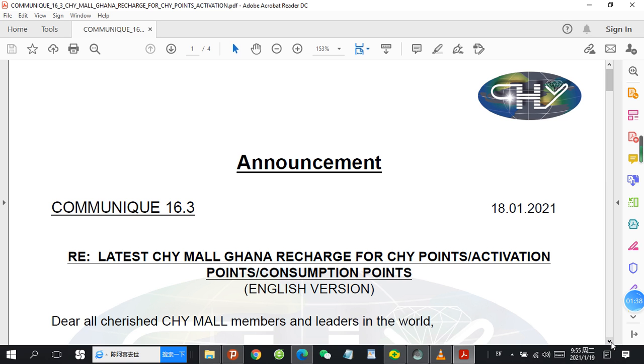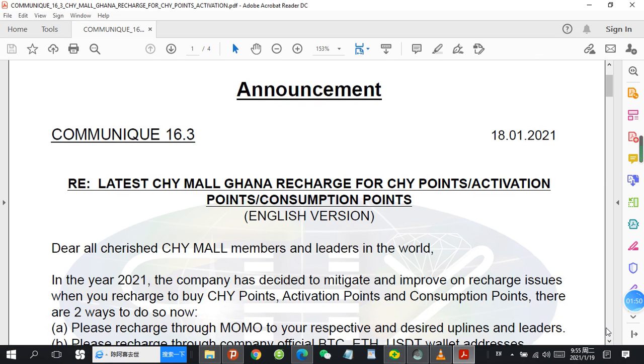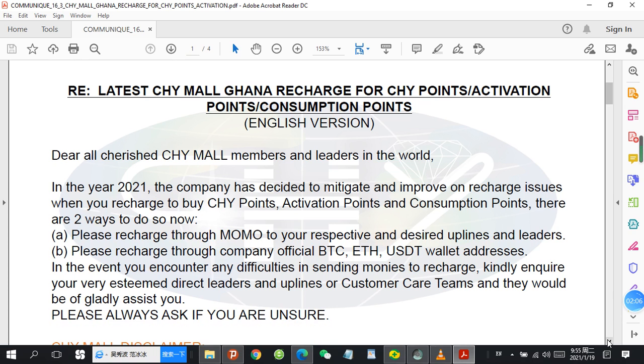So let's zoom straight to what we're supposed to do. So this is the Communique 16.3 and the title is latest CHY Mall Ghana recharge for CHY points, activation points and consumption points. So I don't want to read everything. I'll just talk about each of them. So this is the first part, and the first part is telling us